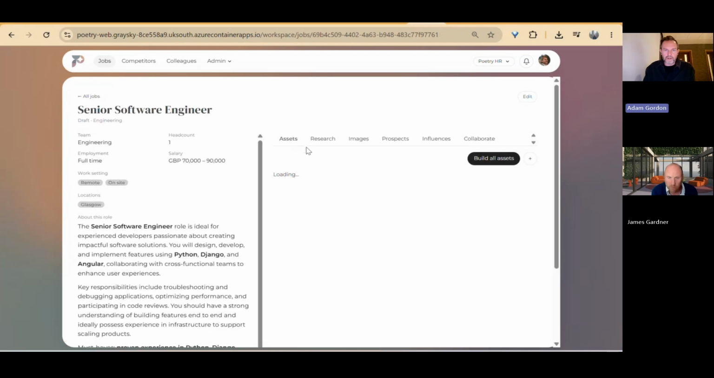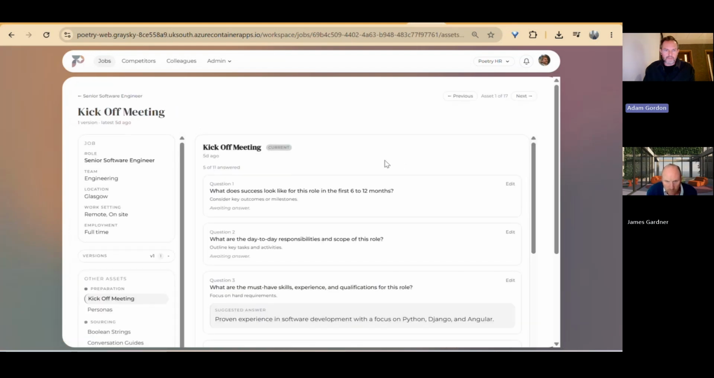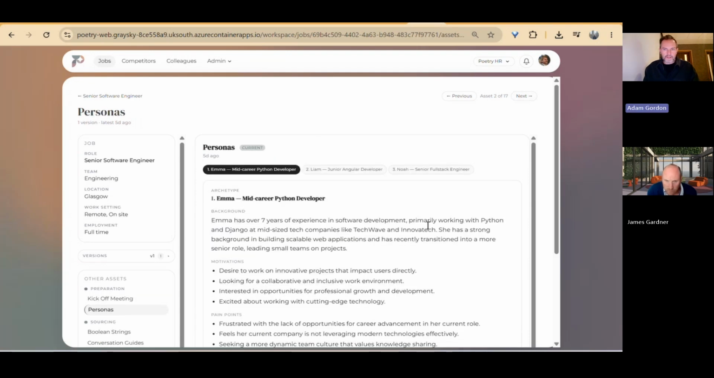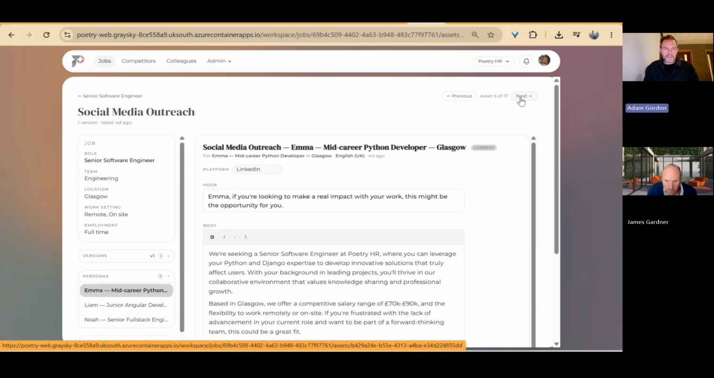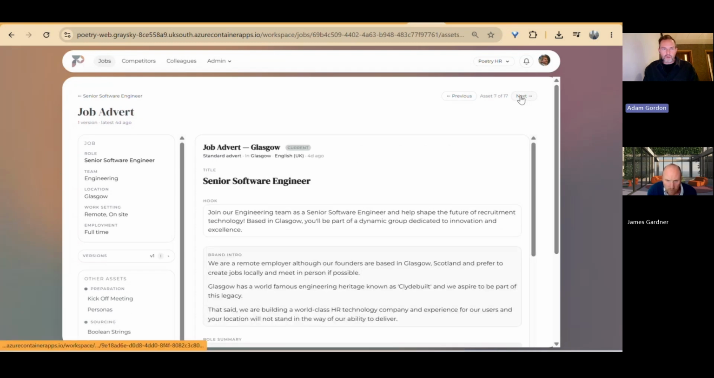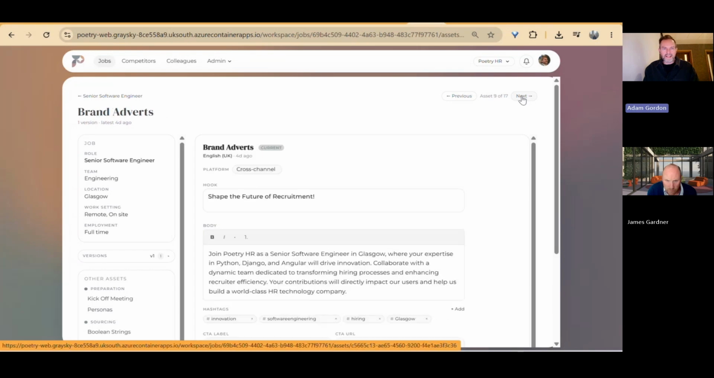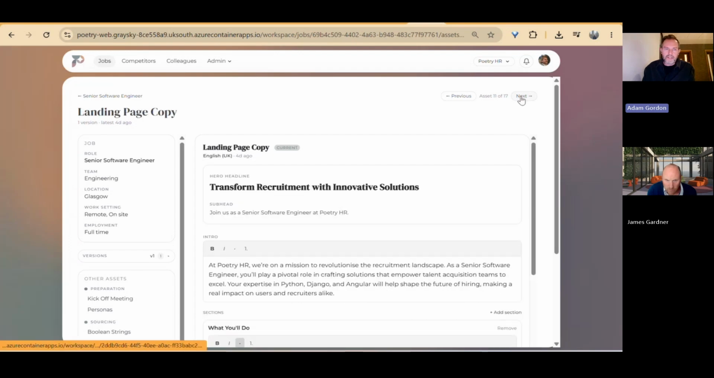Now that I've got a good background on the role itself, here's all the other assets and things that I need to work on it. So here's my kickoff meeting template. I can share that with the hiring manager. They fill it in, and then I could redevelop all the assets based on that additional intel. Here's talent persona, Boolean strings, conversation guide, social media outreach messaging, my company's EVP contextualized for this talent persona, job advert, social media post, brand adverts if I need a carousel for a volume campaign, email outreach, landing page copy,